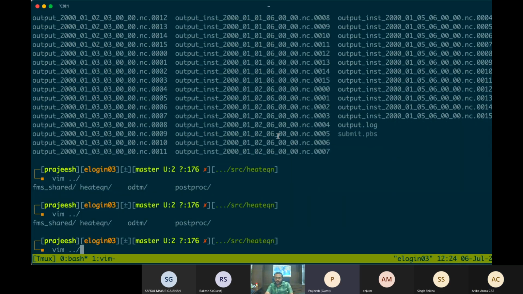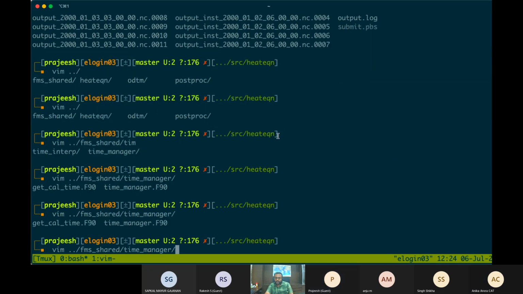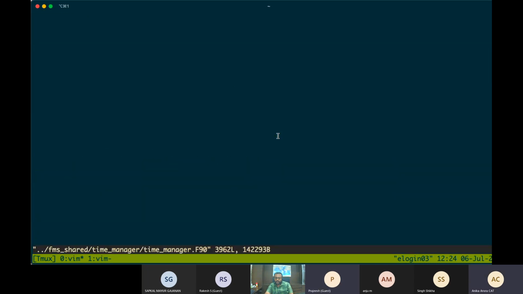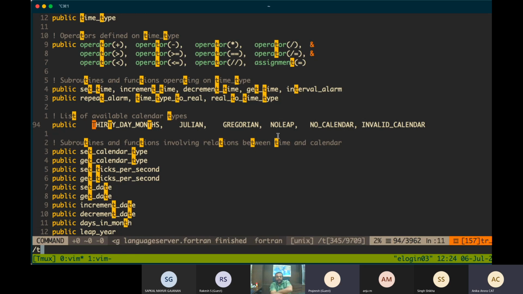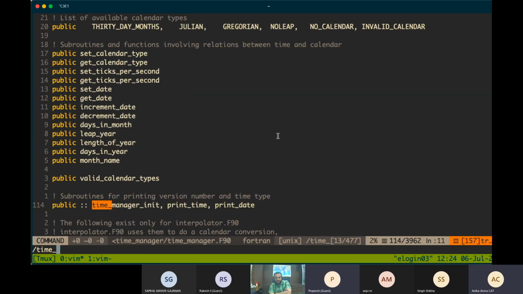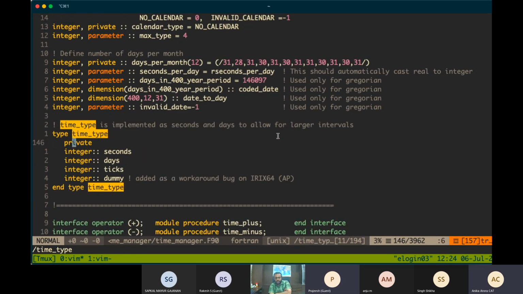I can show you what actually the time type is. Time manager. Okay, it needs that operator information, right? Yeah. So a time type actually contains all these things: seconds, days, ticks, and something called dummy.